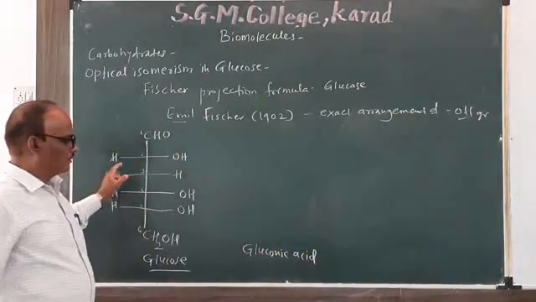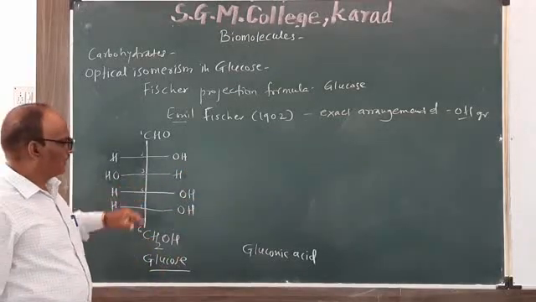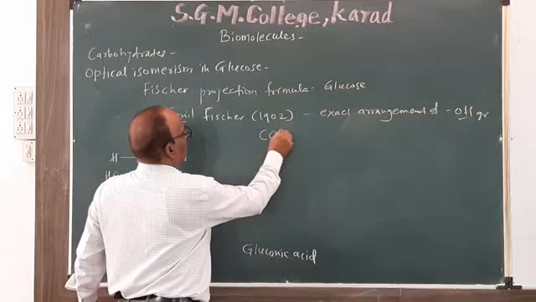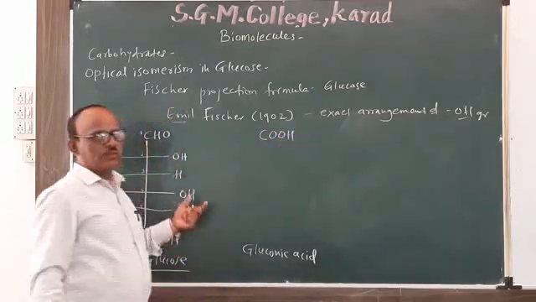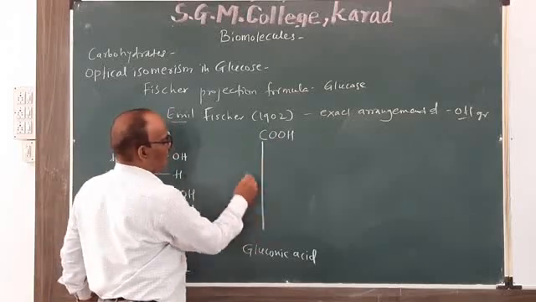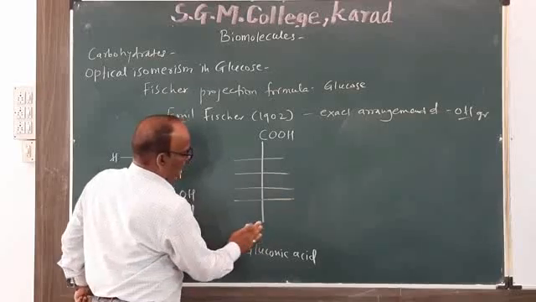Glucose on mild oxidation gives gluconic acid. So what is the Fisher projection formula for gluconic acid? At carbon number 1, the COOH group is present. Then draw a vertical line, then 4 horizontal lines, and at carbon number 6,